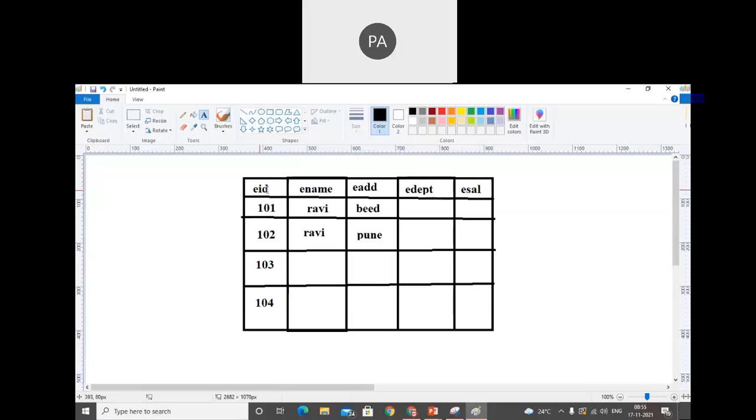But when we talk about this attribute EID, it contains some unique value. So if you are trying to retrieve a single person's information, then we get that single person's information. Why is it possible? Because of the primary key. We apply a primary key to this column or attribute. That means in that column duplicate values are not allowed. When I try to insert a duplicate value, once I declare the primary key, we are not able to store that value. Make a note of that. Once we declare a primary key, we cannot insert duplicate values.